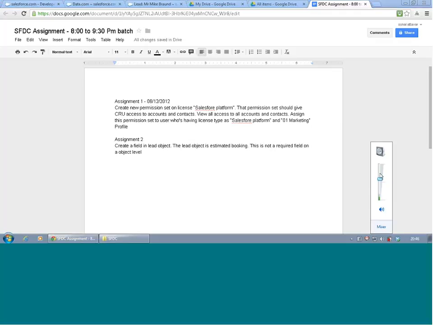This field is visible to both profiles, the marketing profile and also the sales profile. If a marketing user from the marketing profile is trying to create a lead, this is an optional field, which means they don't need to enter this value. The same lead record, if a salesperson from the sales profile is trying to create a lead, then